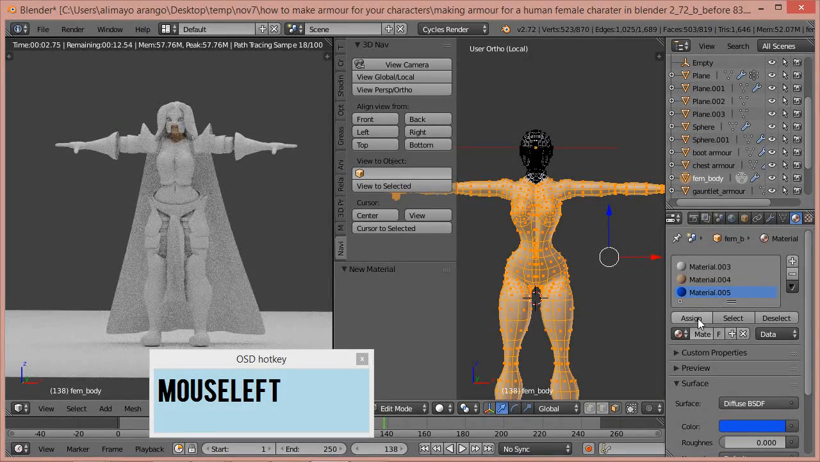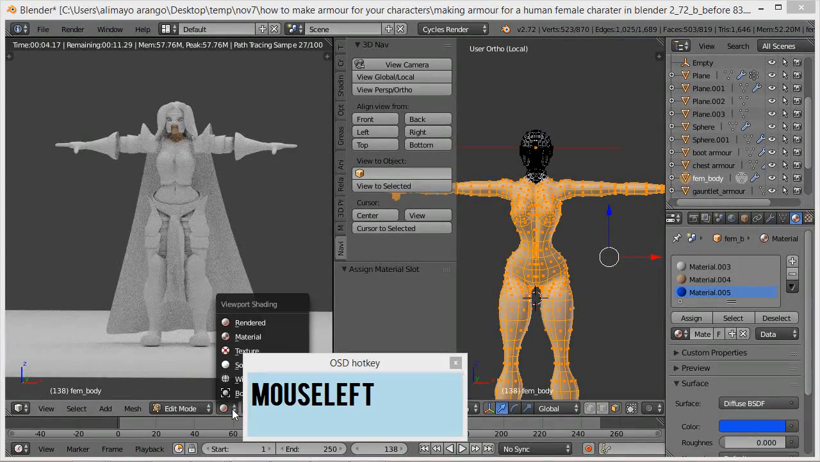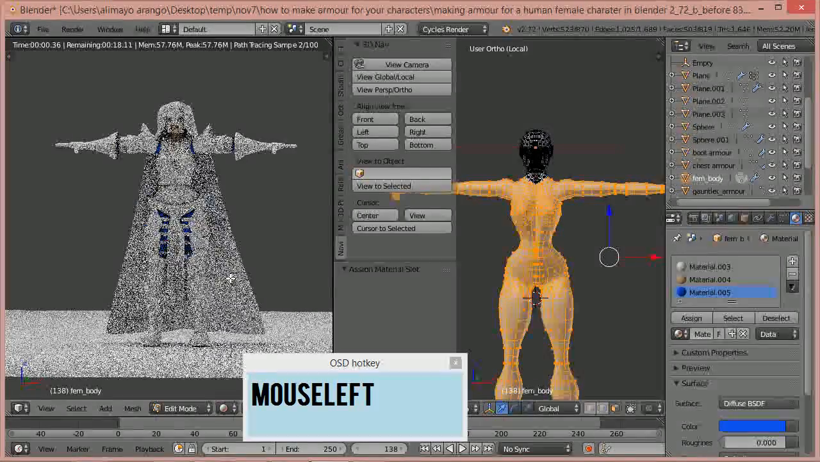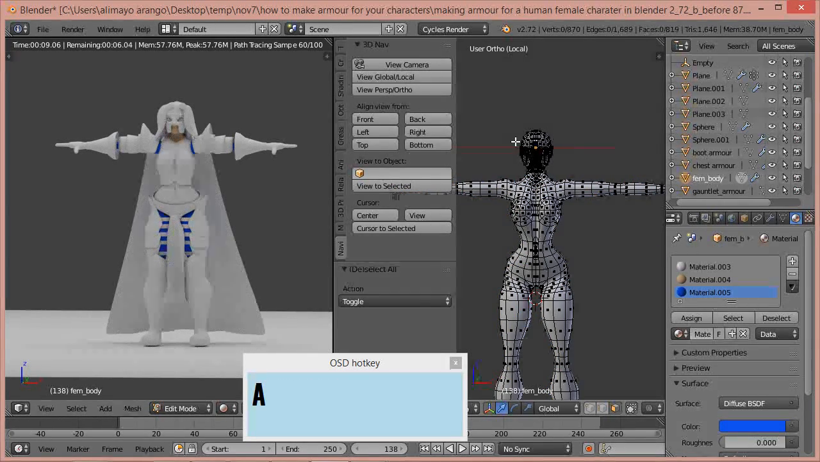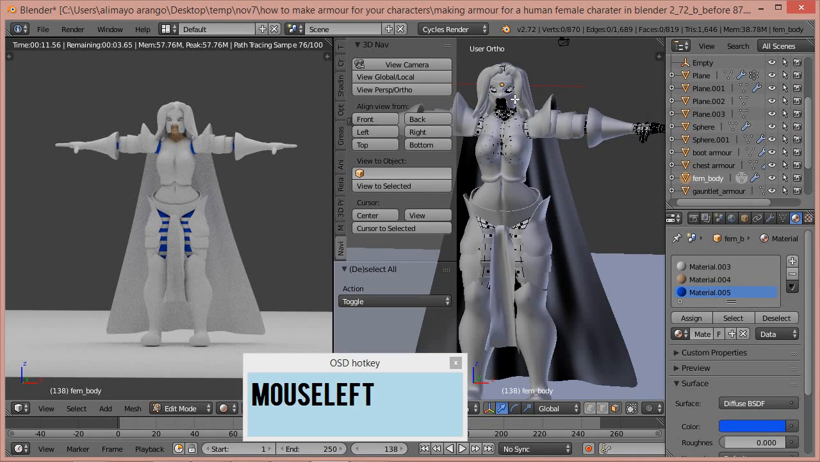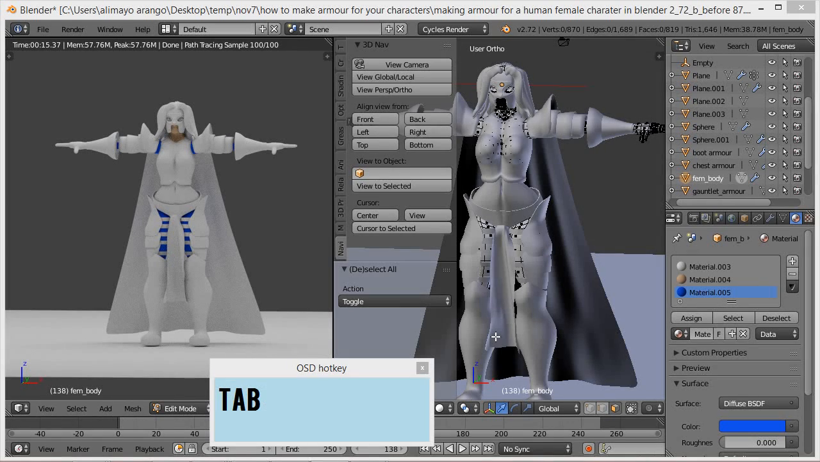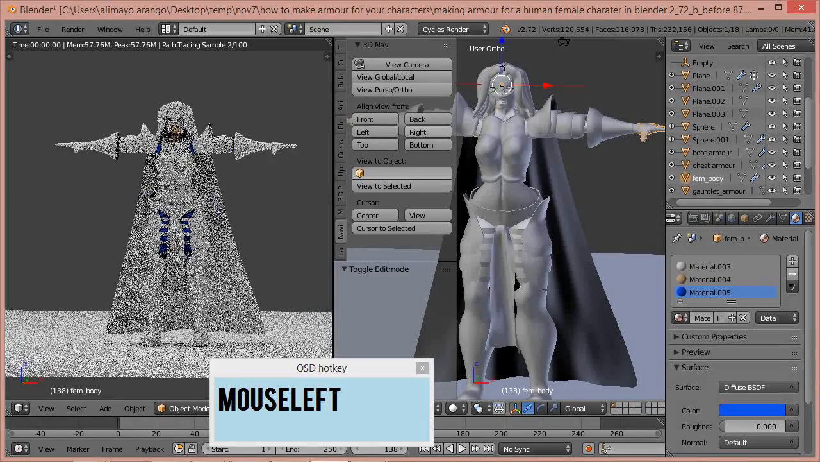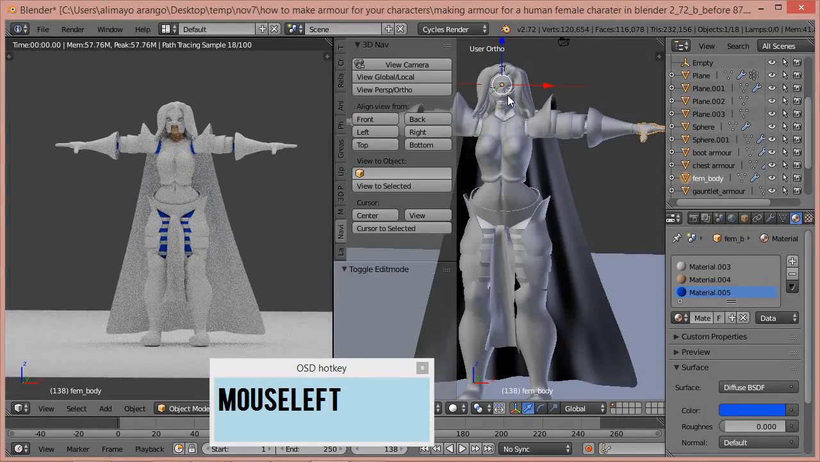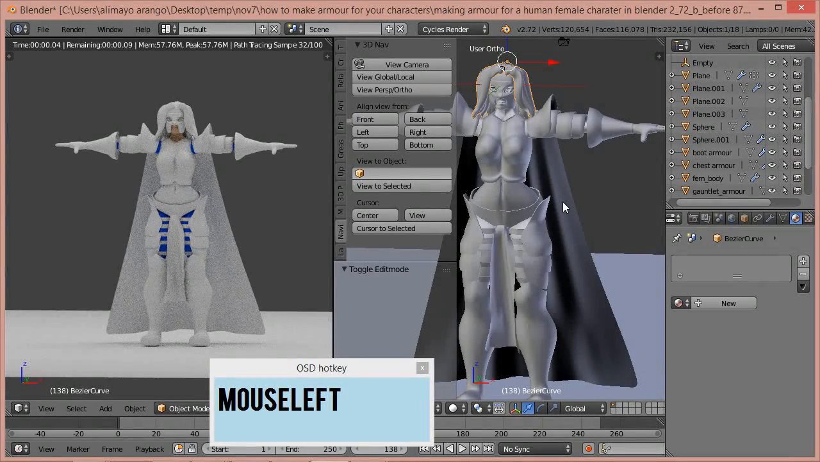Okay, so then I'll click Assign, and then when I click here and click Render again, it kind of makes it refresh, and then you can see the color pop in. Okay, now we're going to press A to deselect all of that. We're going to click here to go back into global view. We're going to hit Tab to go into object view, and we're going to select the hair, and